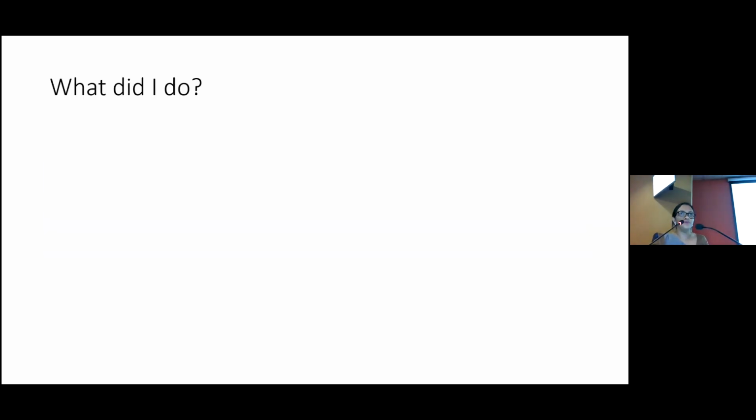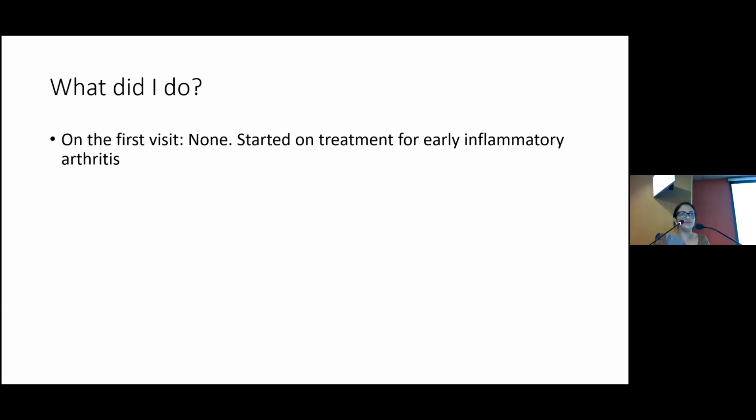But what did I do with this particular patient on the first clinic visit? On the first visit, I did nothing of this. I just started treatment for early inflammatory arthritis, because this is enough evidence to say that she has early inflammatory arthritis. The correct age group, she had an inflammatory polyarthralgia, fairly symmetrical small joint onset with an early morning stiffness lasting more than 1 hour. The ESR was raised, MCP joint squeeze test was positive. What else do you need other than saying, okay, this patient has an inflammatory arthritis? And if I went more specific, if I waited for a rheumatoid factor, is that going to change anything,